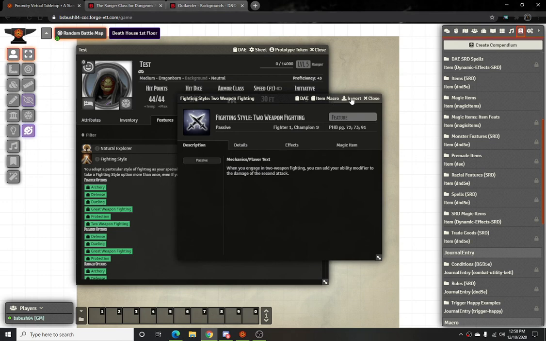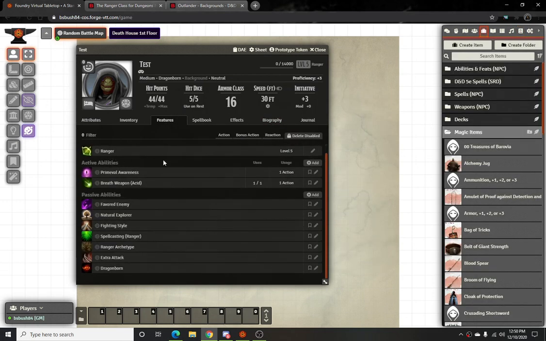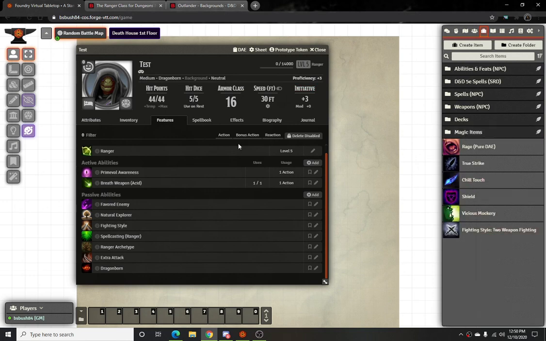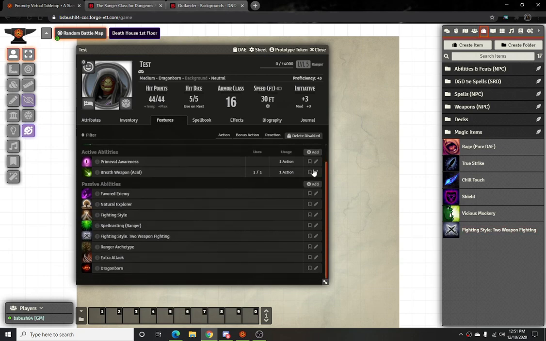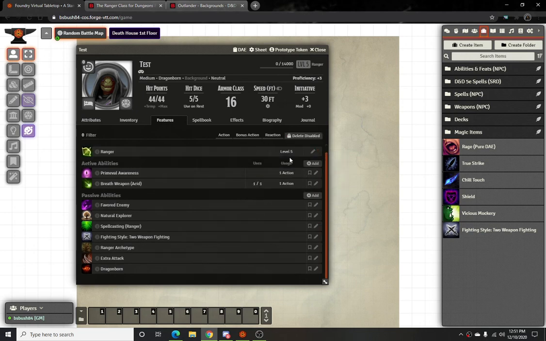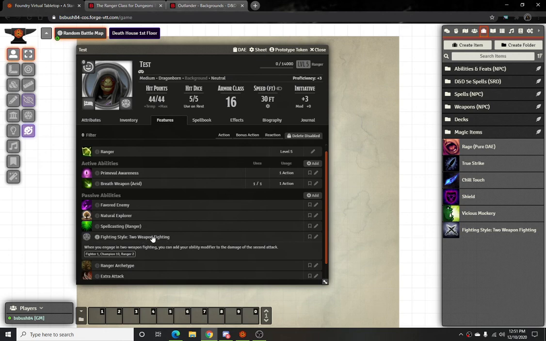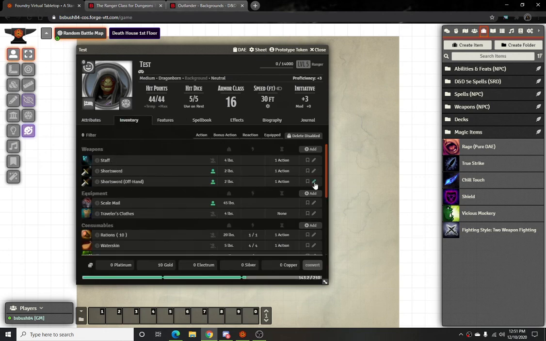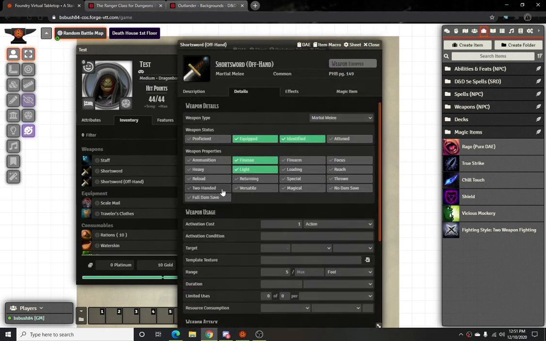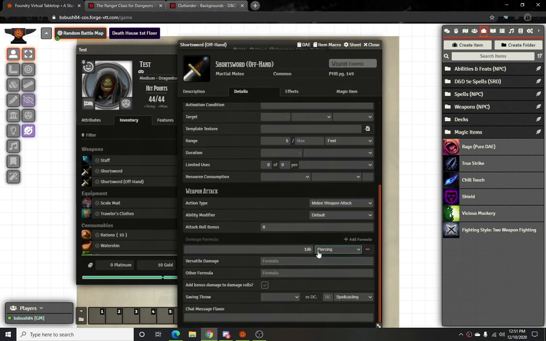Once you do that, you could click on the item and import it, and then you can go to his features, and just do fighting style, two weapon fighting, and then you could remove the other fighting style so you don't get confused. But by having this now, I can actually get rid of the other offhand ability. I could still keep it offhand, just to remember that it's the offhand, but then I could actually now do